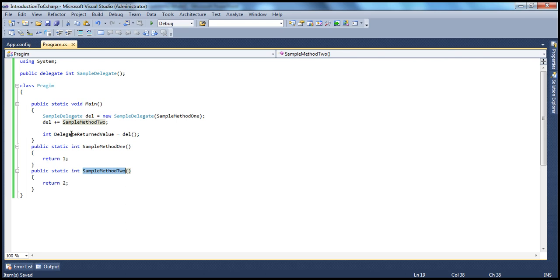Because a single variable cannot hold two values, and obviously if it's a multicast delegate and the function returns a value, you can only retrieve the value that is returned by the last function in the invocation list. So for this delegate, in its invocation list, we have two methods, method 1 and method 2. Method 1 returns 1, method 2 returns 2, and method 2 is the last method in the invocation list. So this variable will hold value 2. So if we go ahead and print that now,